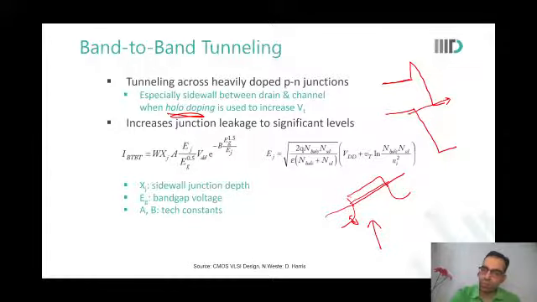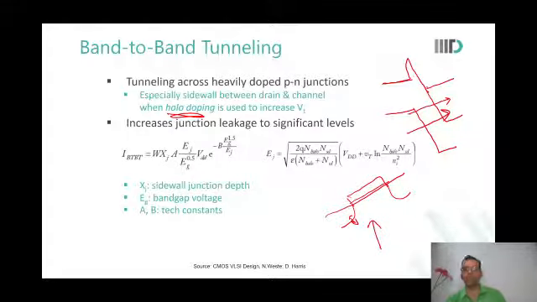Sir, why are these getting aligned? Aligned means, initially they were like this. Then you applied reverse body bias and they went low. So now electrons will directly move from here to here, because you applied a reverse body bias, that is where it can happen. You expected that by applying reverse body bias, you will remove the subthreshold leakage, which you will. You will definitely reduce subthreshold leakage, but you will introduce band-to-band tunneling.